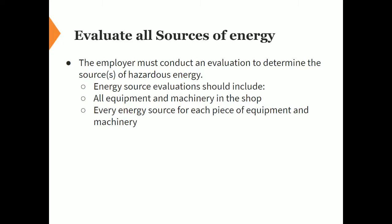So if we're talking about, let's just call it Unit 3 is a big machine that we have. Every energy source going into Unit 3 needs to be documented on its lockout tagout procedure so that when maintenance goes to work on it, they know, okay, for Unit 3, we need to shut down these 3 steam pipes, and we also need to shut down at the breaker. We need to lock out at the breaker this breaker number,